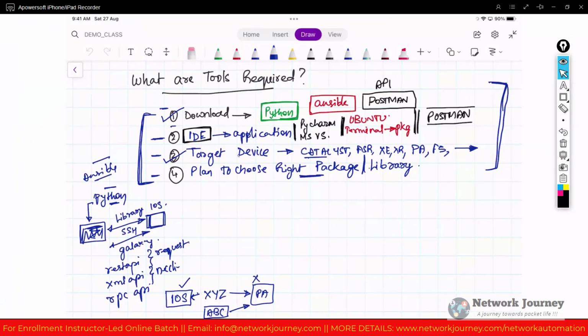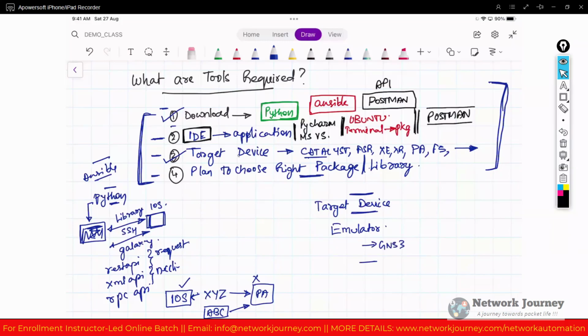Now the target device. For the target device, we know there is the hardware. These are all the hardware. So how would we bring this target device in for our testing purposes, for our home lab setup? So the thing is, you need one of the emulators like